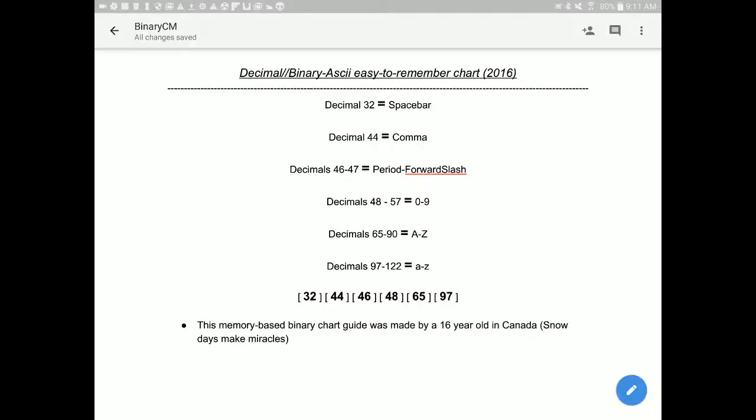Hello, today I'll teach you guys how to learn binary, how to read it and how to write it. What we want to do here, I made this myself. It's a general guide to remembering it. There are the essentials, because there's way more things in a chart. But it's based on decimals,